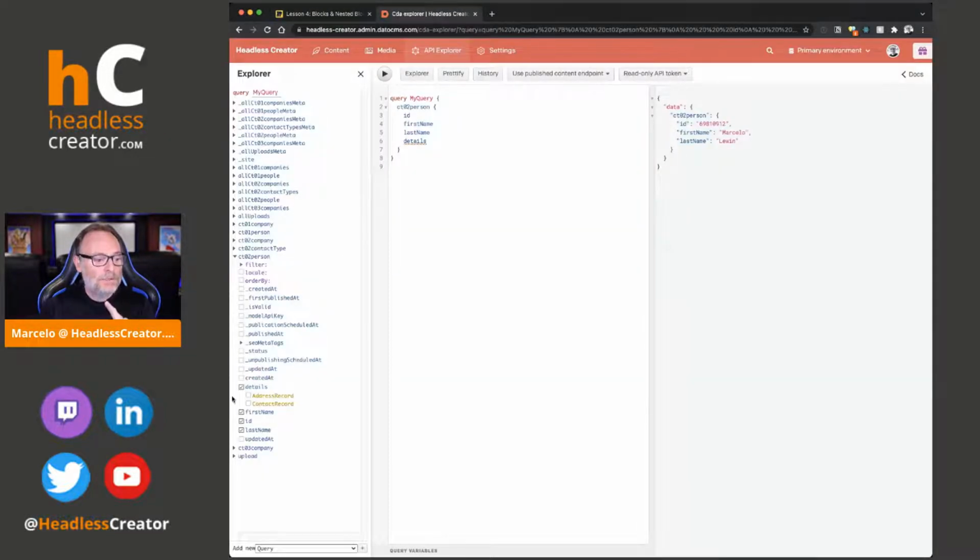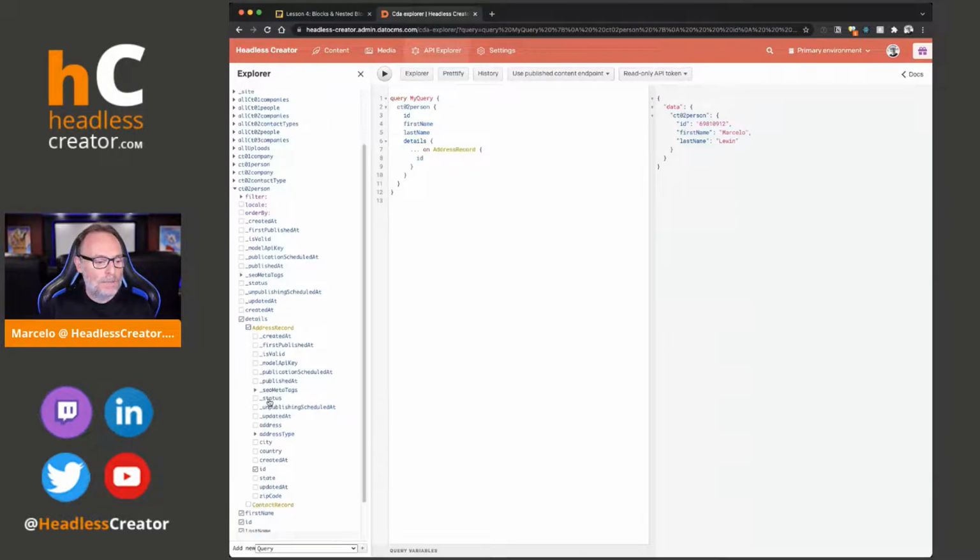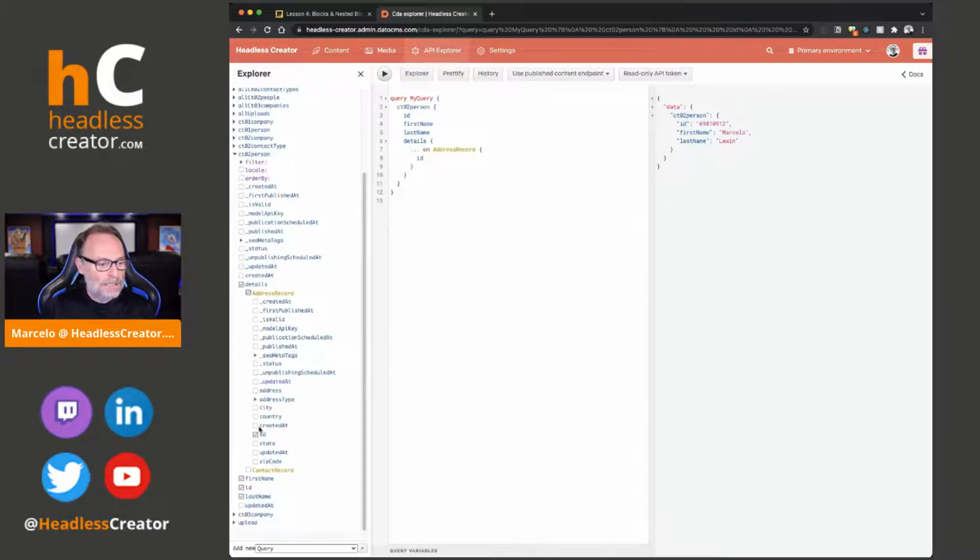Within details field, we have 2 structures that we're allowed to add to that field: an address record and contact. So we're going to say address record, and what do we want? We want the ID, we want the address, city, state, zip code, country, and we do want the type. Where are you? Type